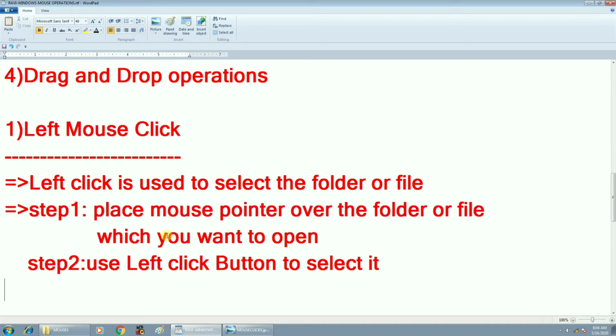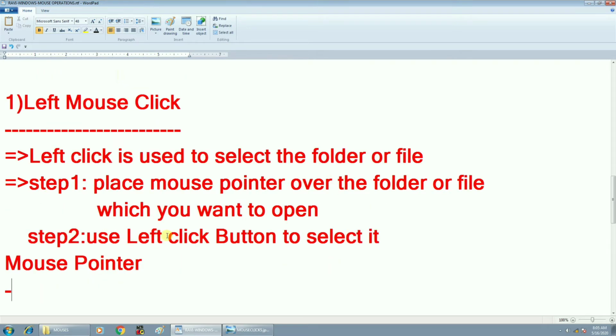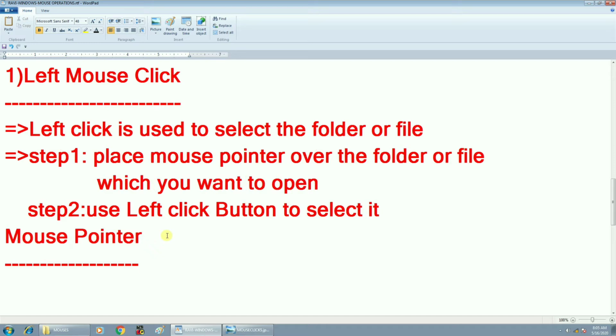So I would like to tell you one more point about the mouse pointer. You may get the doubt how to select the component. So we need one guest whose name is mouse pointer. If you want to do any operation with the mouse, our guest is what? Mouse pointer. Guest means it is helping us. Without the mouse pointer we cannot do it. We can trace the mouse location over the screen. For example, whenever the mouse pointer is in a document, it looks like an I symbol.